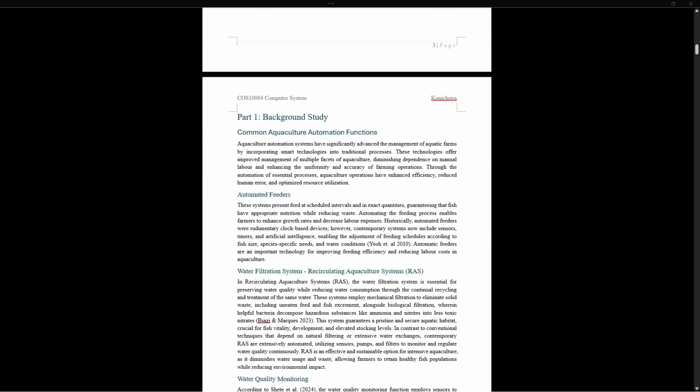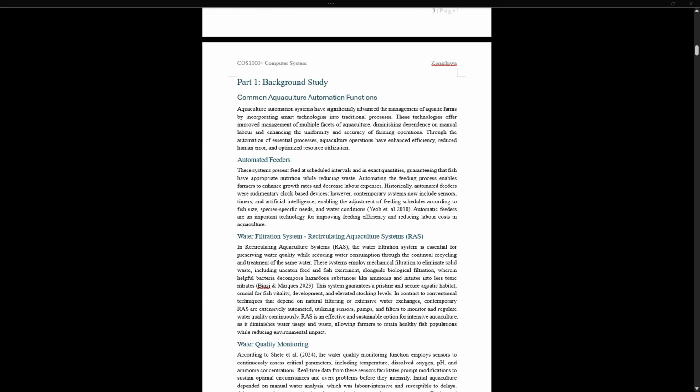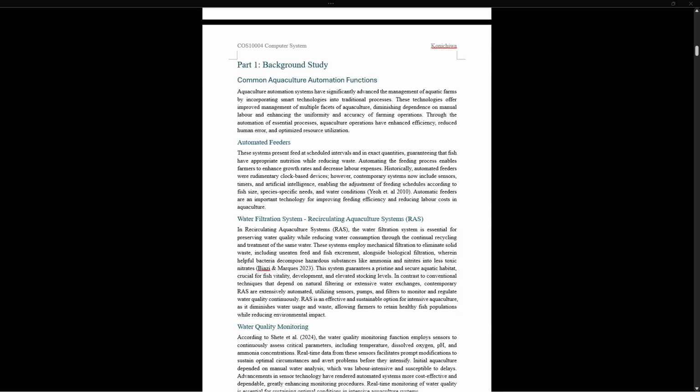So, for the first one, we have the common aquaculture automation functions. The first one is automated feeders. Automated feeders dispense feed at regular intervals, optimizing nutrition and reducing waste. These feeders use sensors and AI to adjust feeding based on fish type and conditions, improving growth rates and reducing